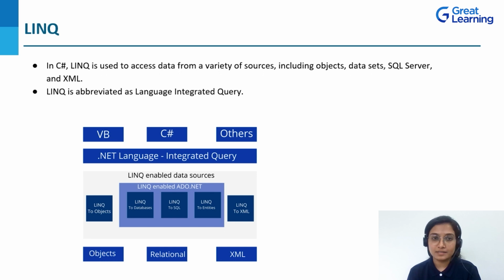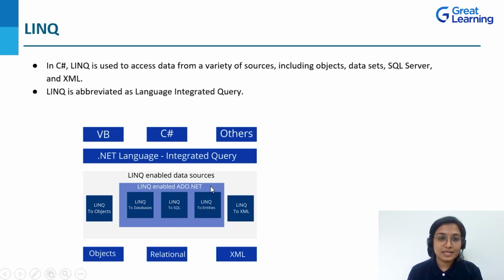It has been abbreviated as language integrated query, right? So one of the uses of LINQ in the .NET framework, I can tell you: when errors occur, how will it tell you that this is the error, and how will that show you the help? When you click on help, what are the different documents you can see? So everything is linked. It is already there in the database. It is linked to the front end, and without it the front end and back end do not communicate. It acts as an interface between the front end and back end, the action and the reaction,